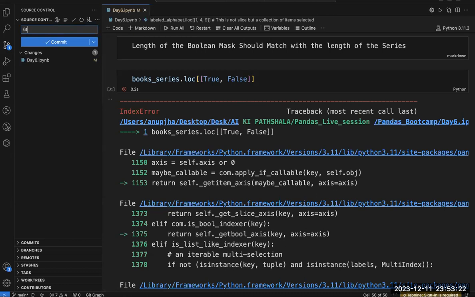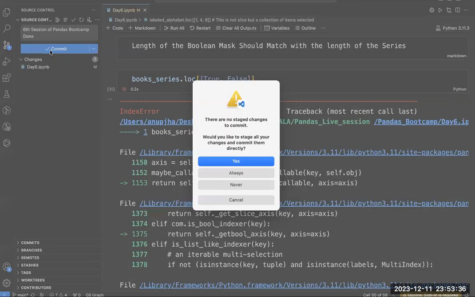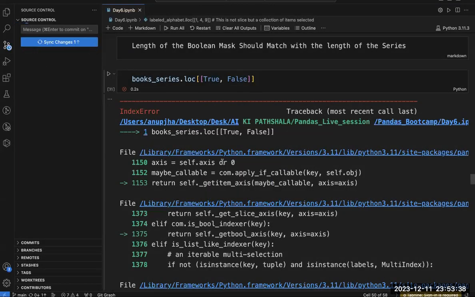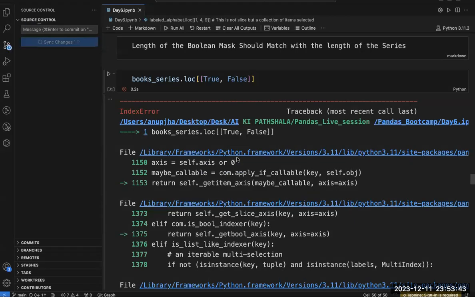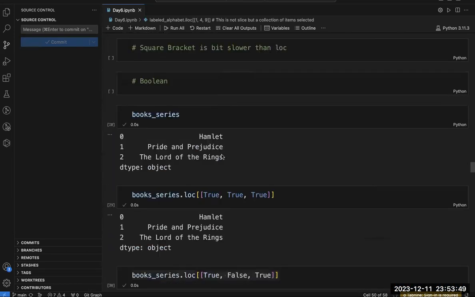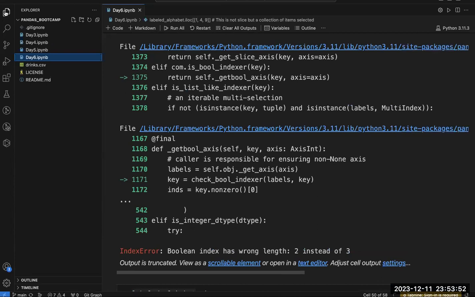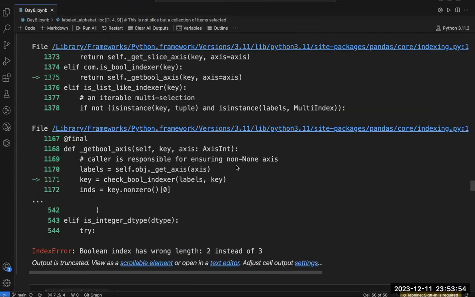Again, I need to commit it. Sixth session of Pandas boot camp done. Sync changes. Okay. So my code has been pushed to GitHub. You can access it from there, I suppose.